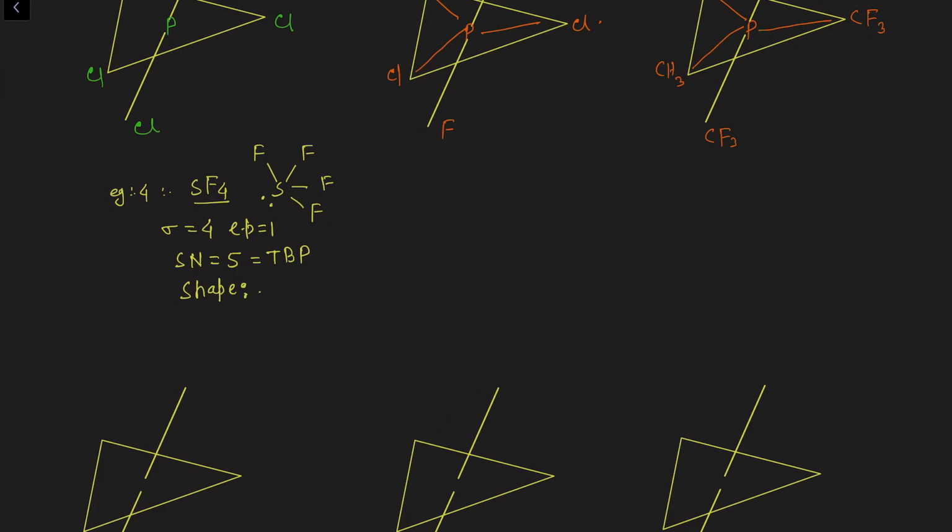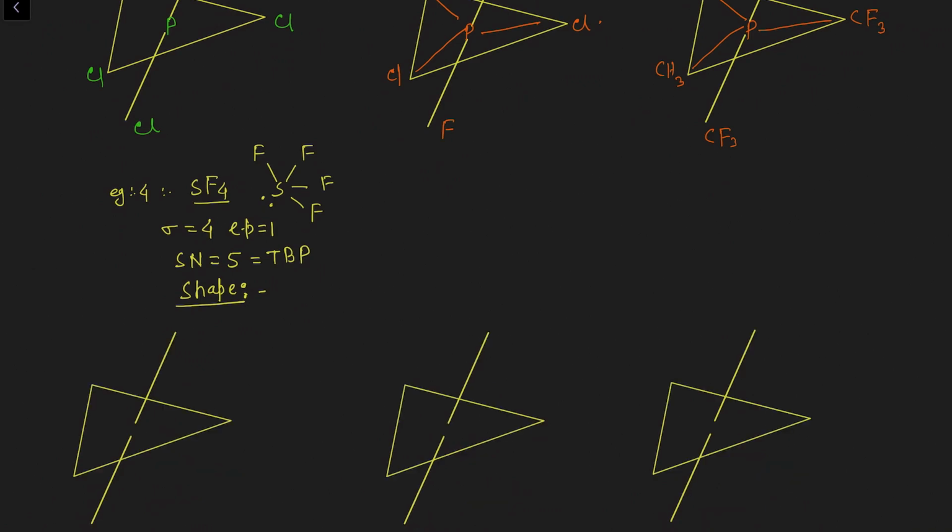So for deciding the shape, first we will arrange the lone pair and bond pairs of electrons in this structure. So do it now. According to Bent's rule, where should the lone pair position be? On the equatorial position. Keep it here. 1 lone pair is fixed. The rest of the positions are occupied by fluorine atoms, right? This is your TBP structure. But for getting the idea of the shape, just hide this lone pair part. Then you will find that the shape is seesaw. Done. Next example, SF2Cl2.